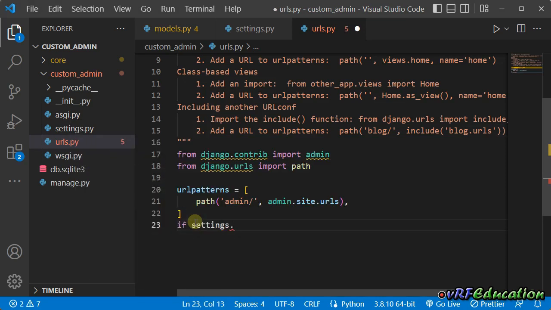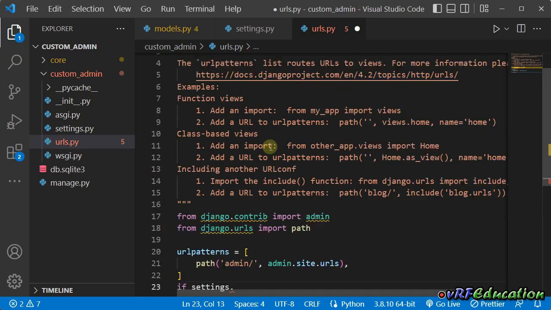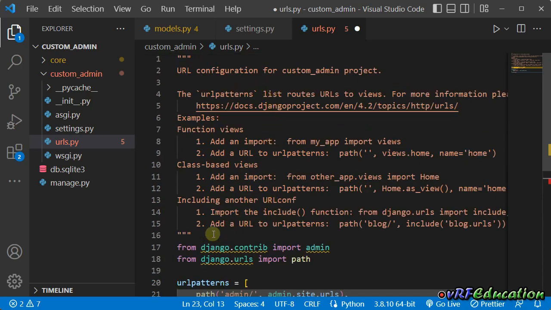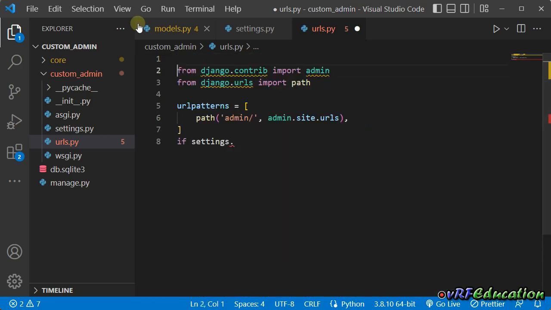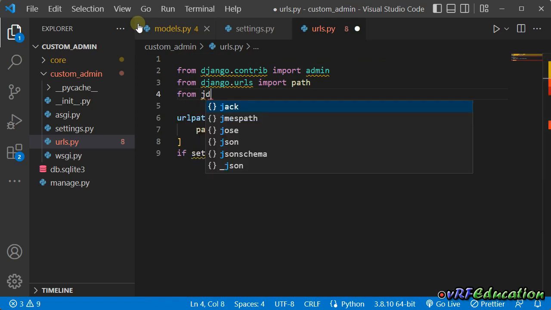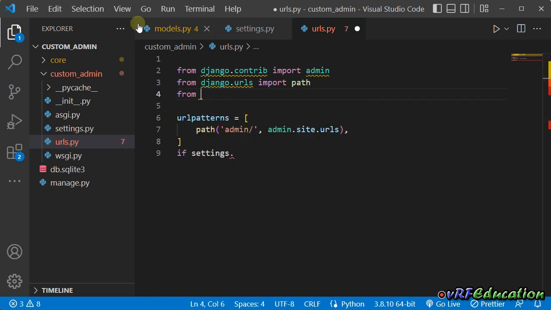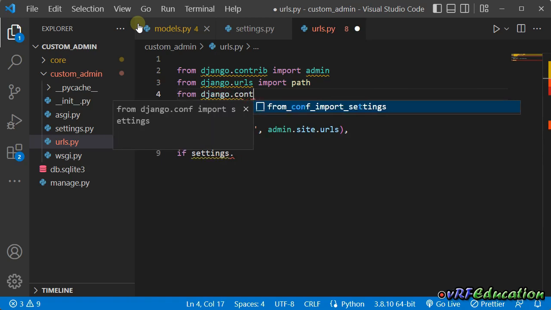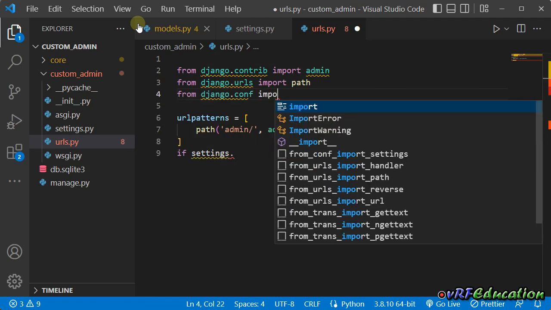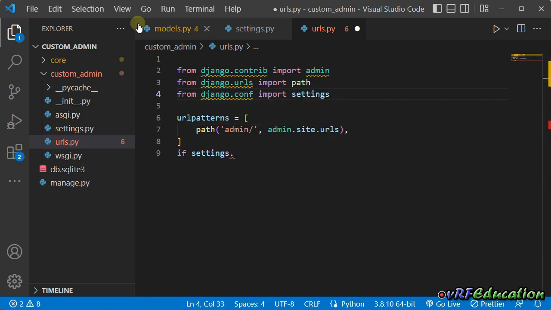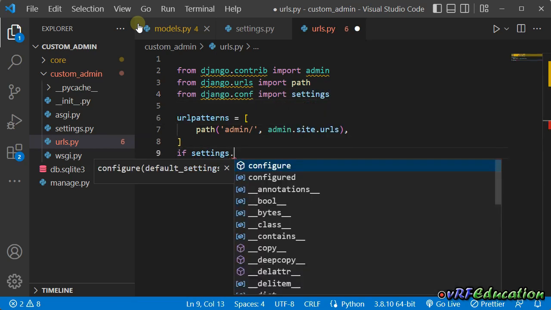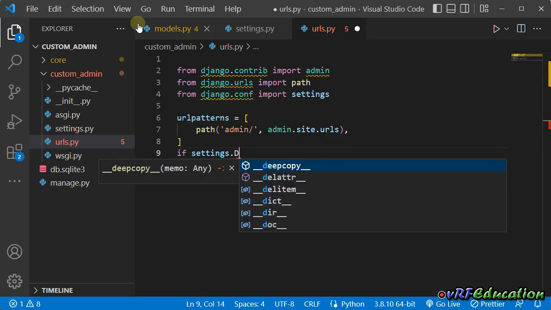I'm gonna delete all these lines, and from django.conf I'm gonna import settings. So here I'm gonna say if settings.DEBUG